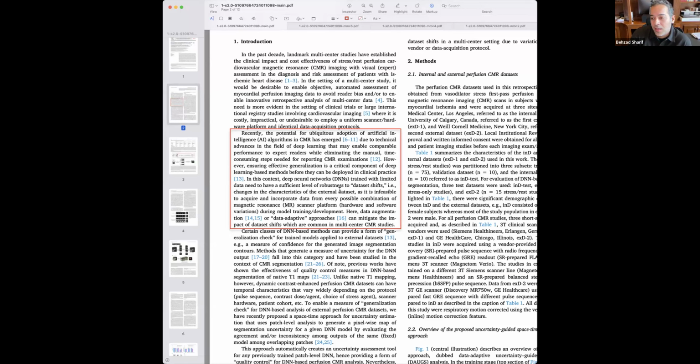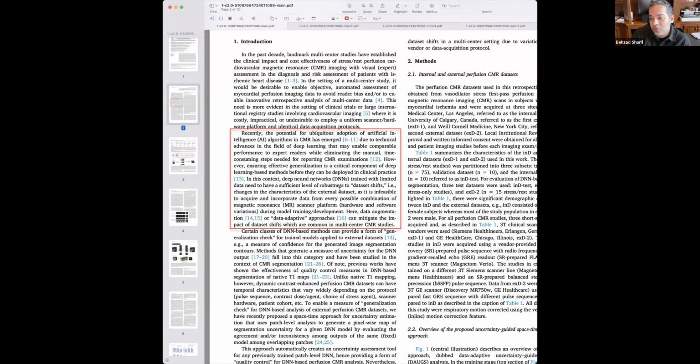So the idea is, specifically, if you have changing characteristics of these external datasets that your trained model hasn't seen before, and that could be related to demographics, a patient cohort, but it could also be, in case of cardiac MR, as we know, we love the flexibility and beauty of cardiac MR being such a unique modality with all the different pulse sequences, variations in hardware, field strength. Basically, if you categorize it, it's software differences and hardware differences. All of those could lead to these dataset shifts.